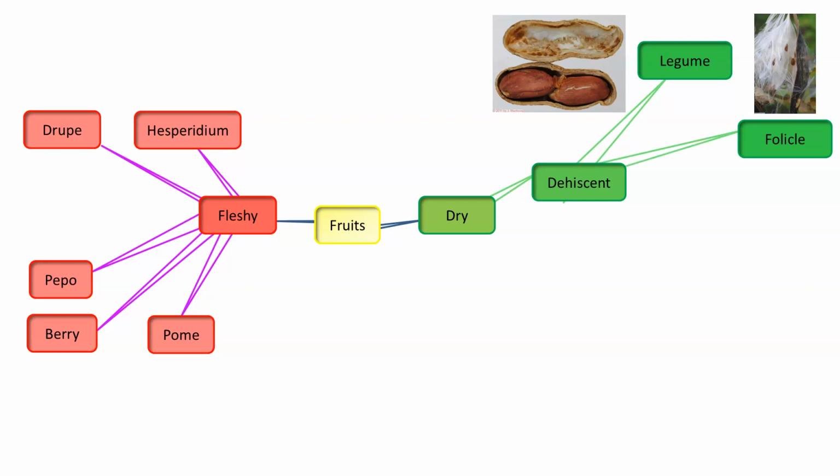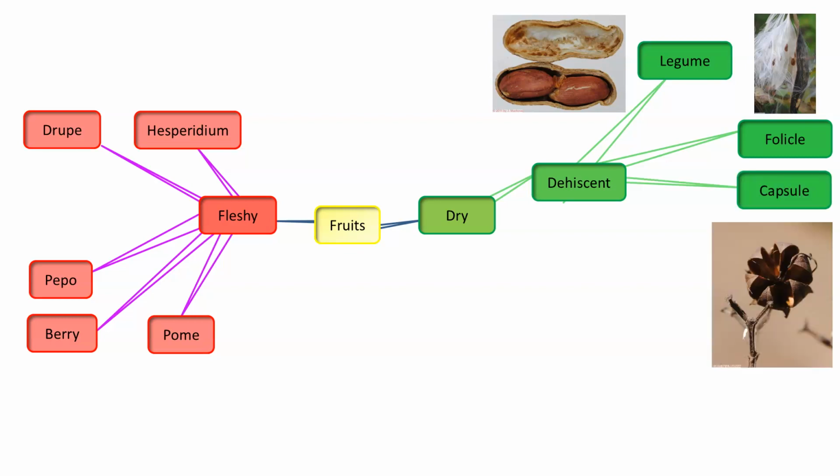We could have a follicle. This is milkweed. A follicle actually splits open on the edge, and as it does, it allows the seeds to come out. In this particular case, we're looking at a follicle that is splitting open and allowing seeds to come out, and these are going to catch the wind and blow away. We have a capsule. So a capsule splits open. This happens to be crepe myrtle. A capsule splits open, and as it does, it scatters the seeds out. And these are, again, dehiscent fruits.